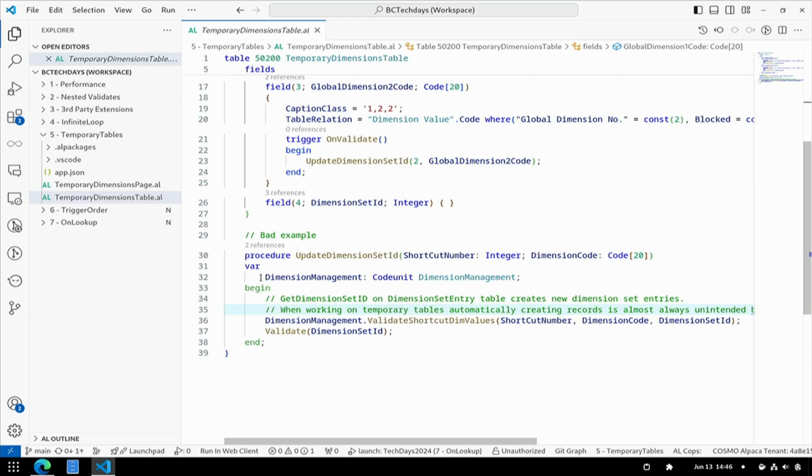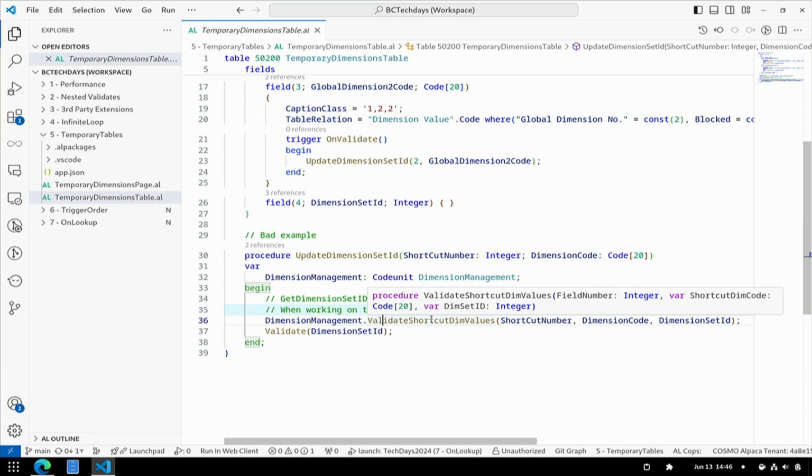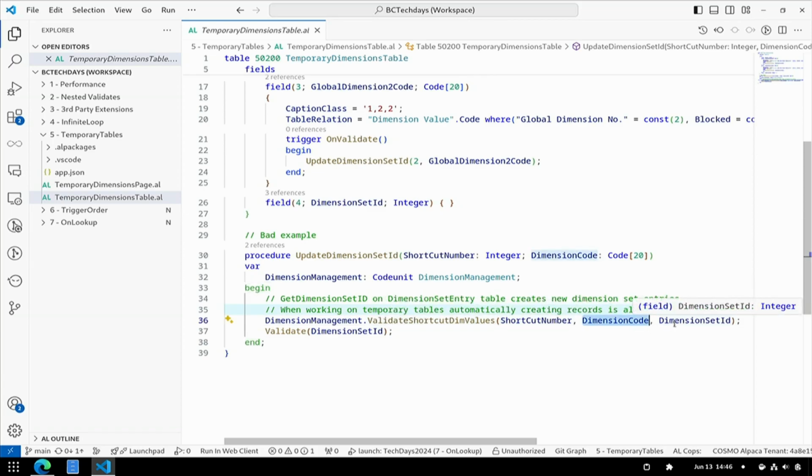So for that, I use the dimension management codeunit with the procedure validate shortcut dimension value. This procedure gets the shortcut dimension code right here and the dimension set ID by reference.